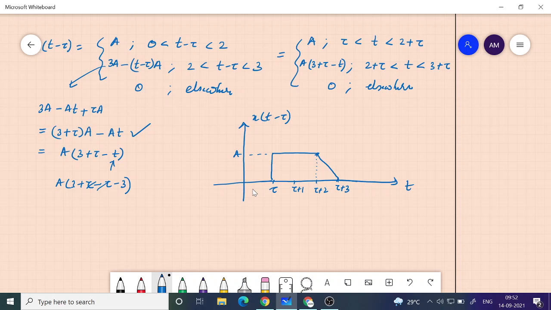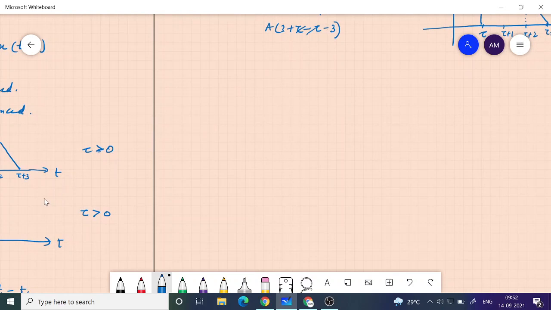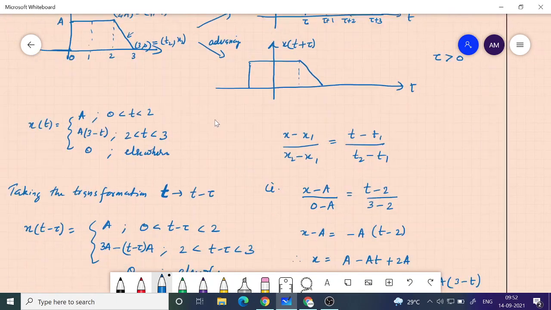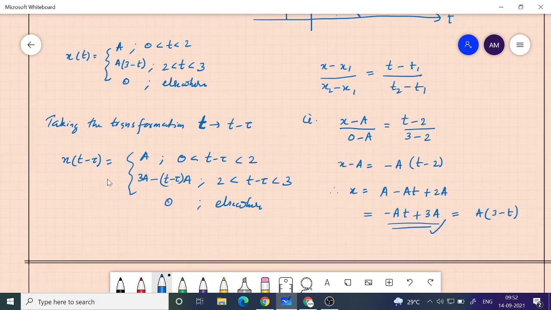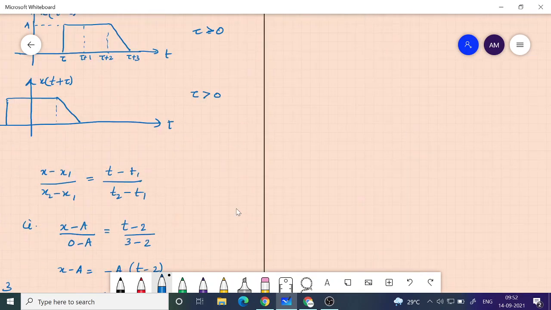So this is our delayed expression. We have taken two approaches. One is a graphical approach, which is very simple and more intuitive. That is, if you delay a particular signal, it will appear at a later time, after tau units of time. That is what we did first. And secondly, we took the mathematical expression of the signal and just applied the transformation. The transformation is that the independent variable t is transformed to t minus tau, and then we had the other expression.